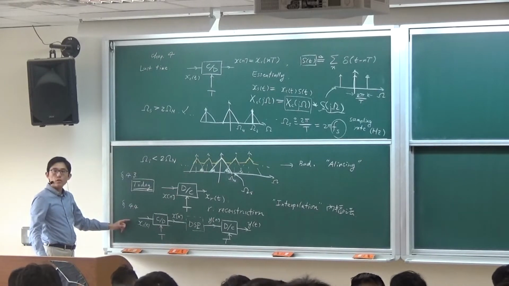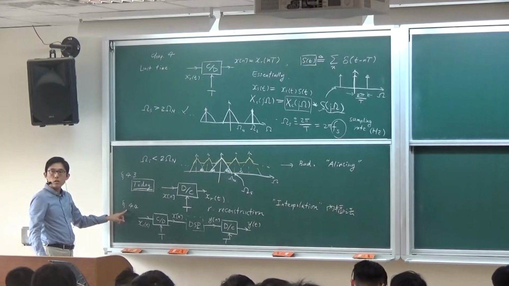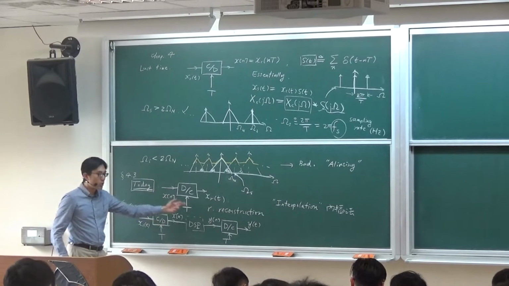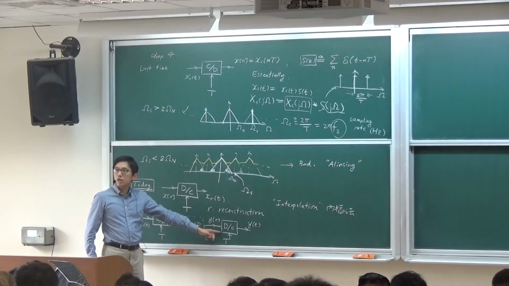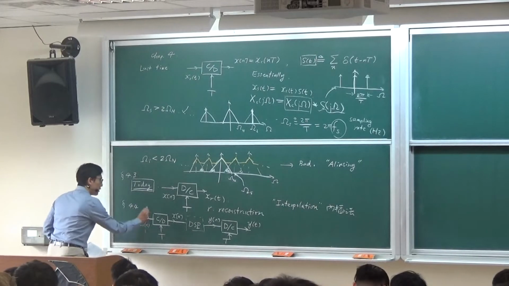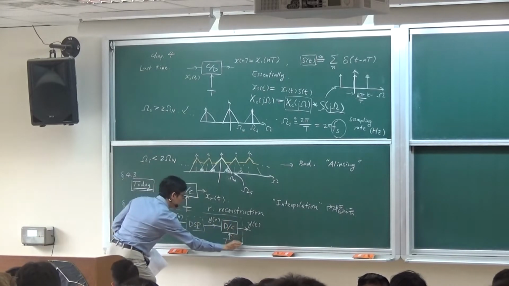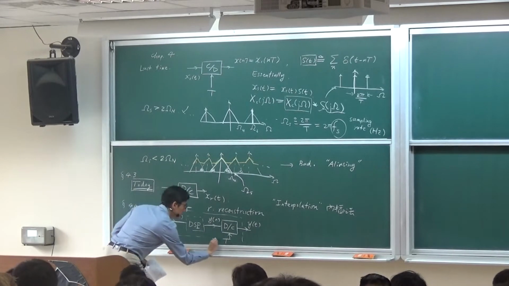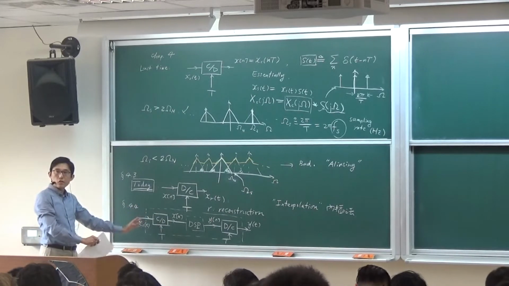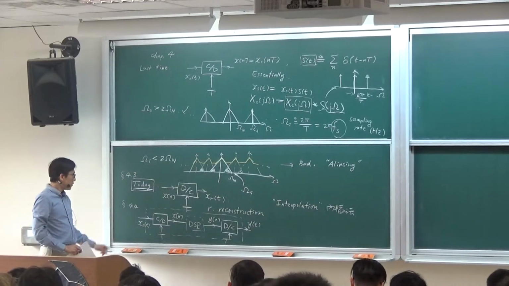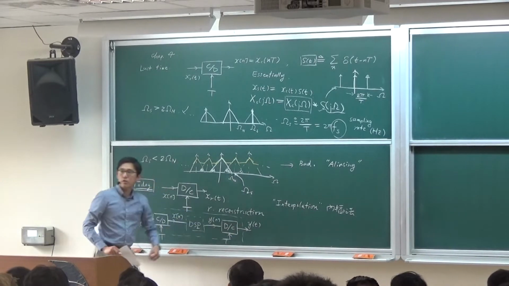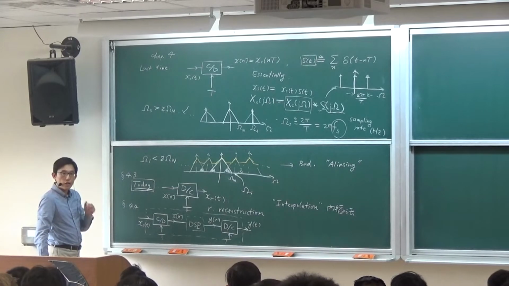So that's what this section is about. When we concatenate a C to D converter, and something in between, and it will be followed by a D to C converter, the entire chain. Note that if we just look at the system entirely, the input is an analog signal, right? The output is also an analog signal. So we can ask the question,